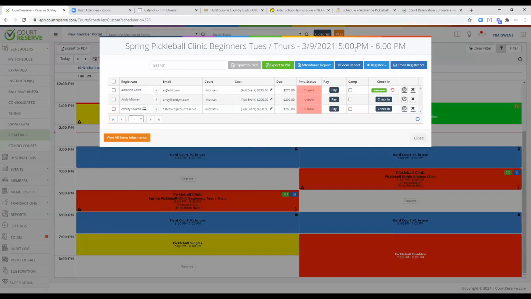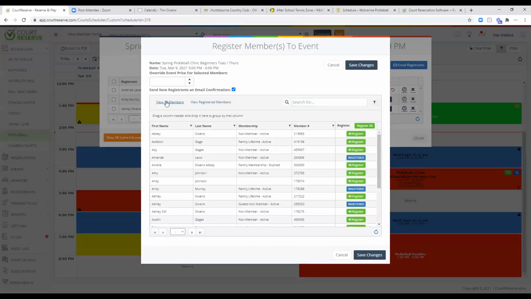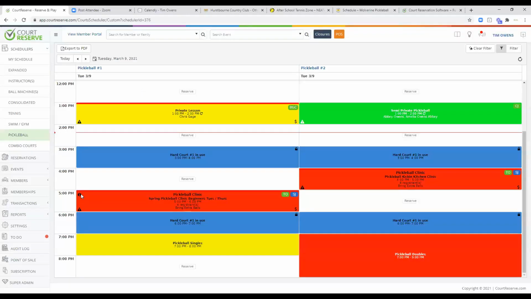Here's where we can pull attendance reports. We can even register a new member. So let's go in and quickly show you. You can pull up your entire club registry, and with the click of a button, now this member is added to the class. Super easy and simple. Okay, let's go back over and I want to show you another great feature called the